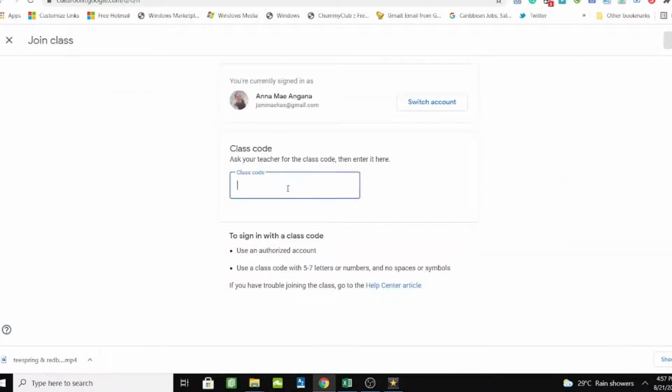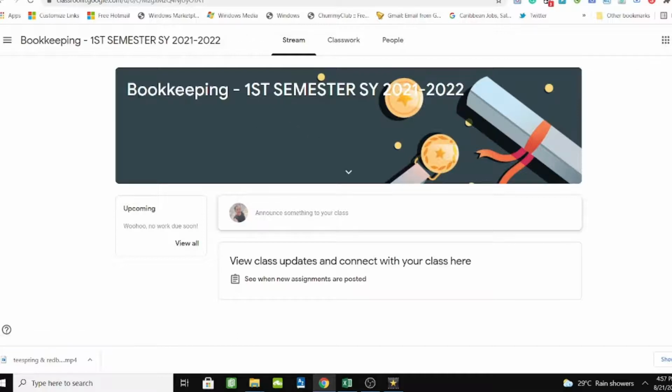and then you have to enter your class code here given by your teacher. For example, I have my class code, so I have to click join. Okay, so this is my